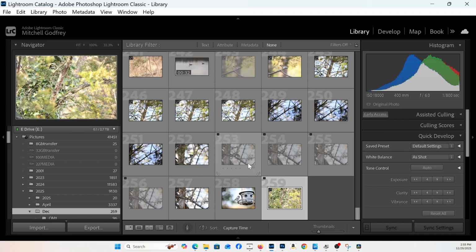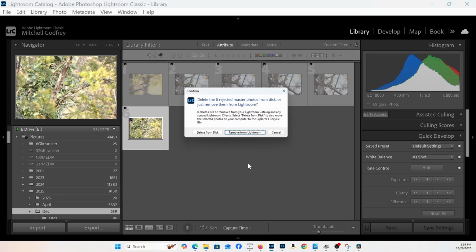So now what I do is I hit Control and Backspace, and it brings up this little window that gives me options of how I want to do it. I can remove it just from Lightroom, or I can delete it from the disk. But the whole point of this exercise is to keep the hard drives from filling up. I've got 5 terabytes full. I filled up my hard drive and had to go through and do this to delete a lot. So that's why this is a subject that's near and dear to my heart right now, is trying to keep